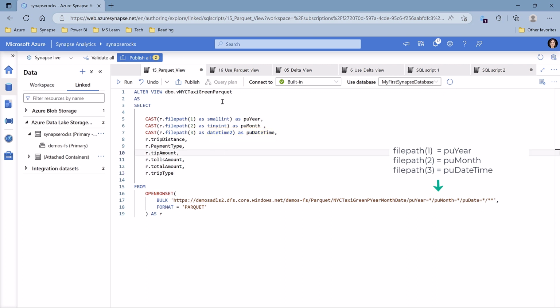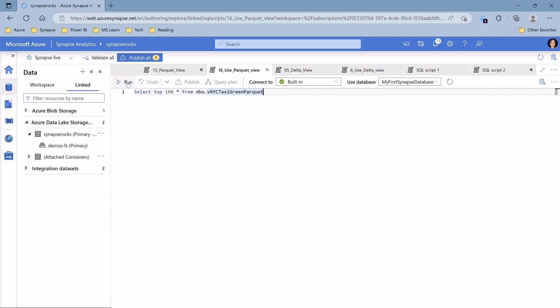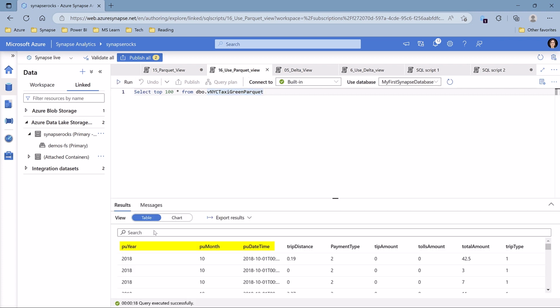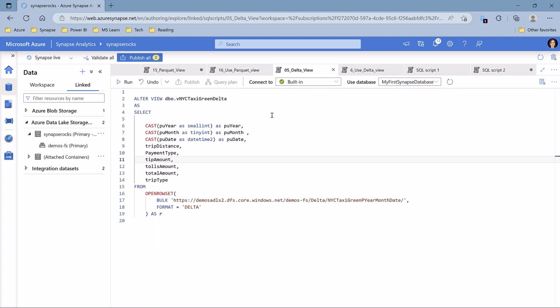Once you put this in a view, then you can reference it with just a regular SQL query. Let's go ahead and run this and see what we get. Now you can see that you get those values here as well. You can use this query in Power BI as your source, and you can use the datetime column to set up incremental refresh. Now, if you're working with the Delta version, you do something very similar, except that this time